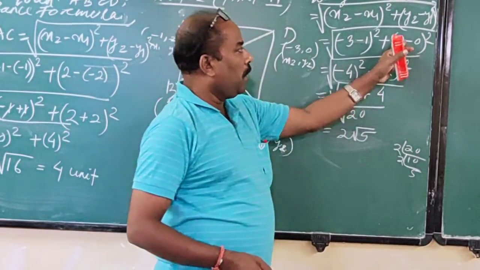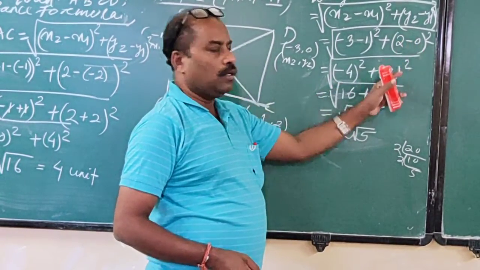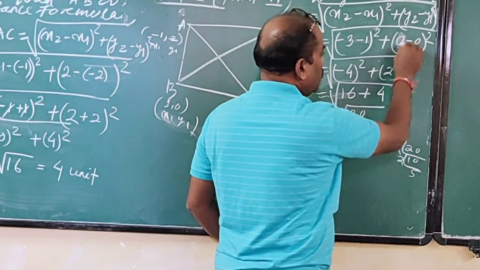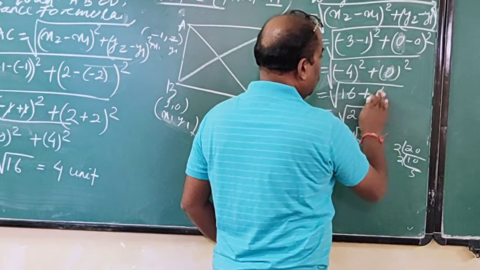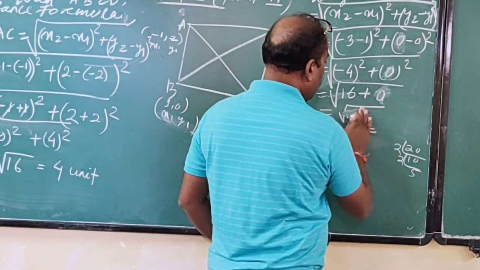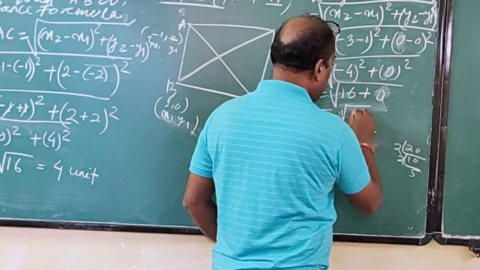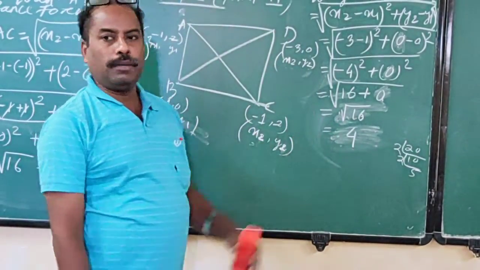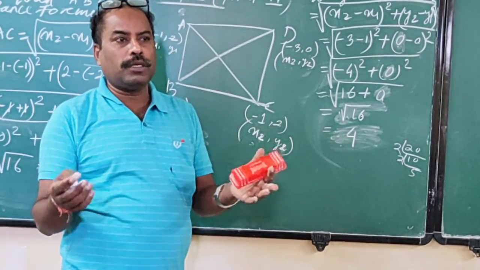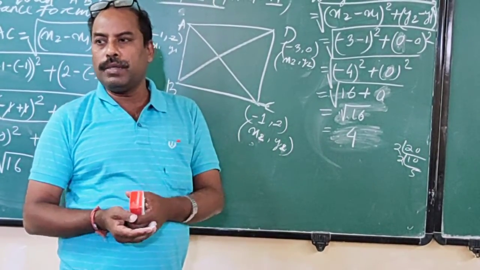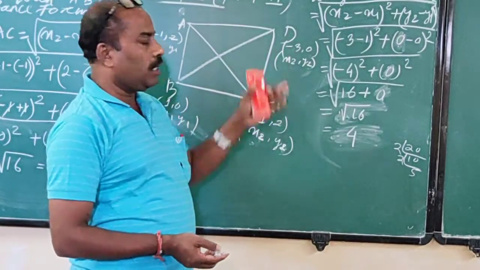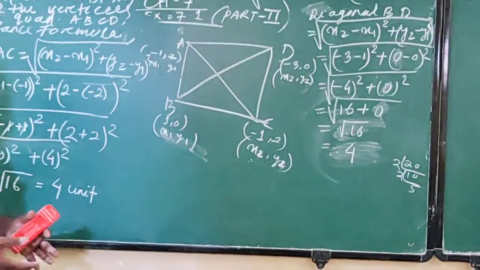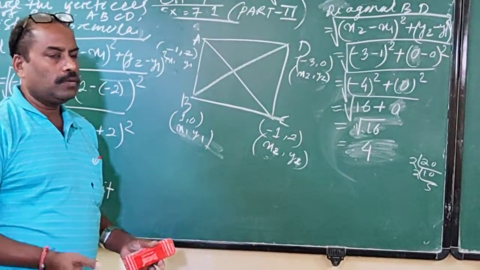So you see, if I go like that, 2 minus 0 is equal to 2 coming. But actually it should be 0, since 0 minus 0 is equal to 0. Then it will be 4, that is root 16, and root 16 is 4 only. Otherwise we are getting a different value, then our assumption would be different, and our answer would be different. That's why each step is very important. Now 6 lengths we have to find out: 4 sides and 2 diagonals.